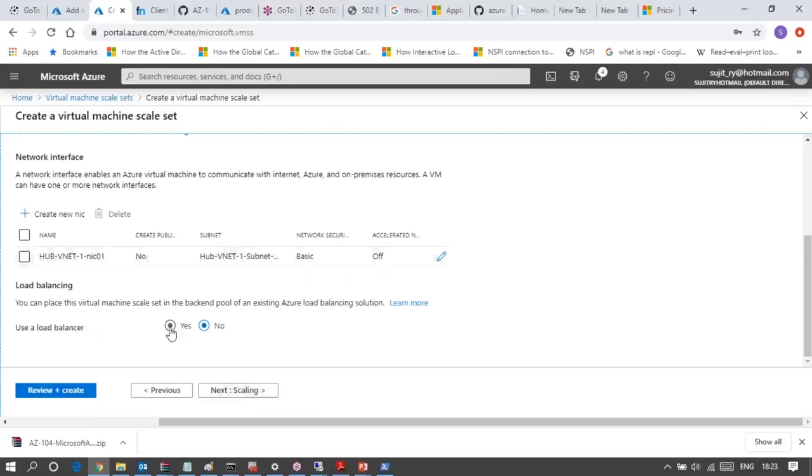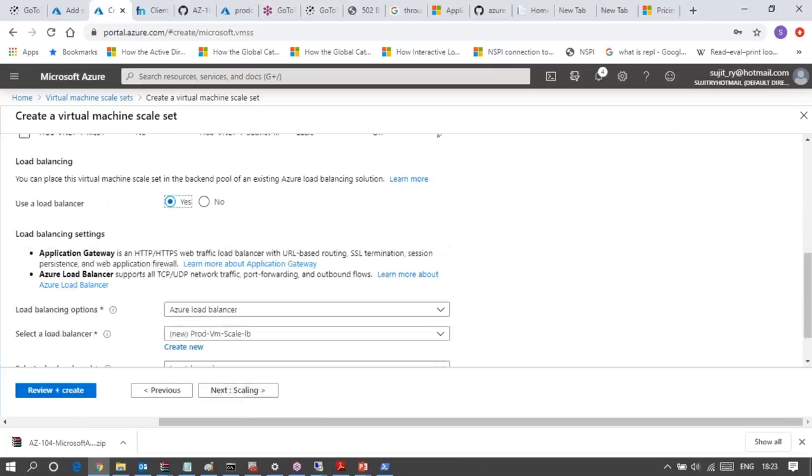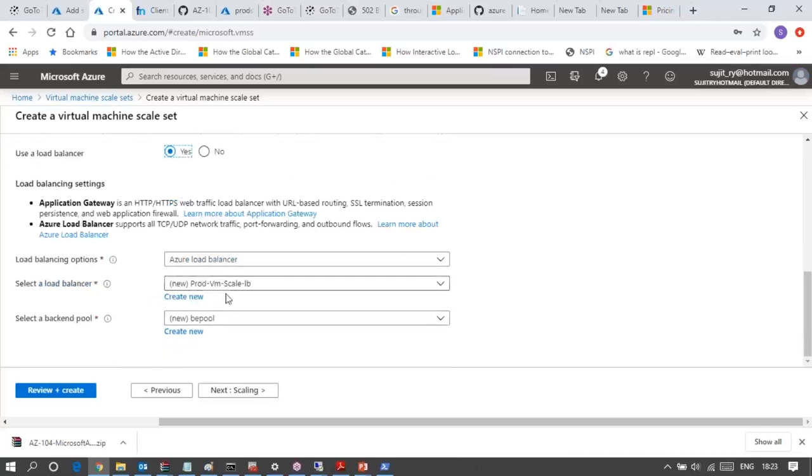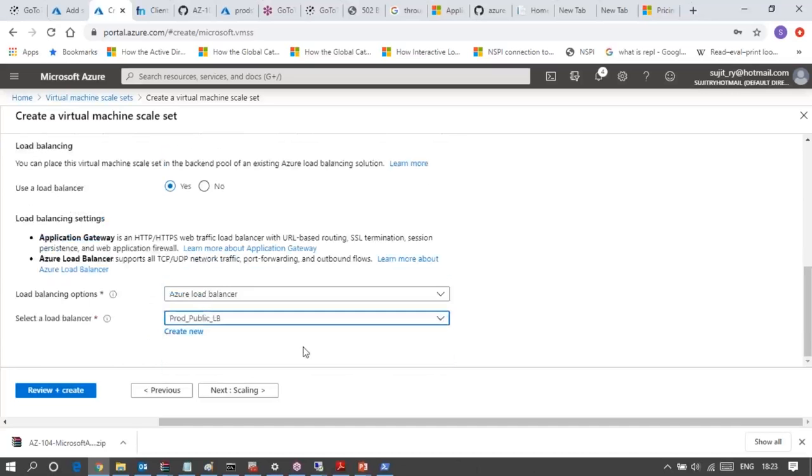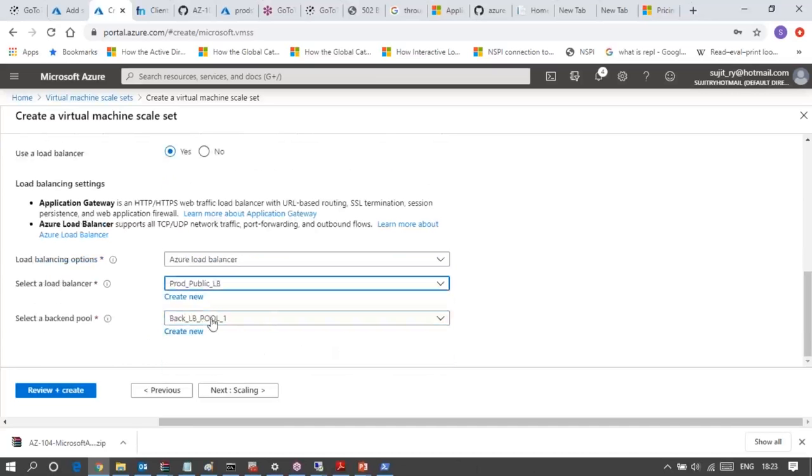Use a load balancer. If you have any load balancer, you have to attach it. Okay, and the backend pool is this one.